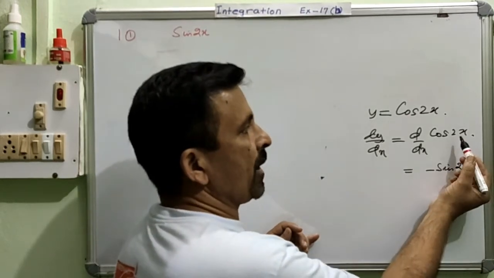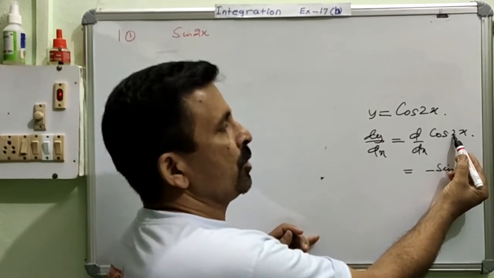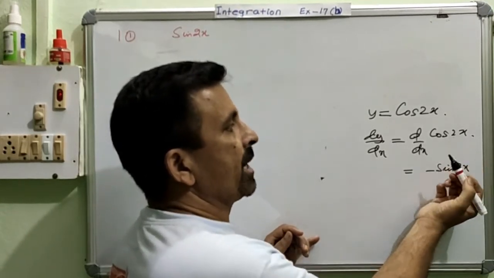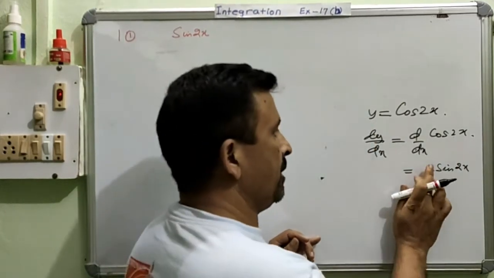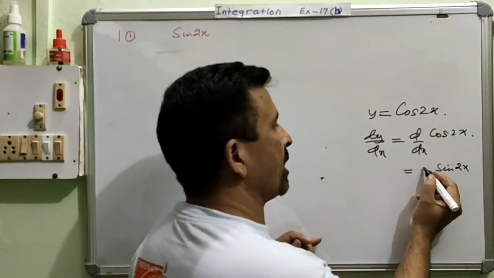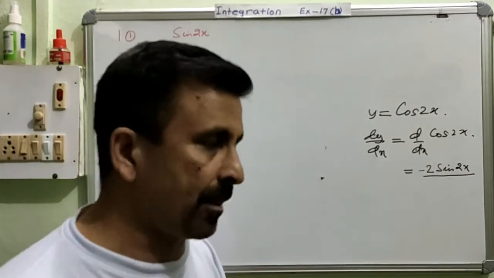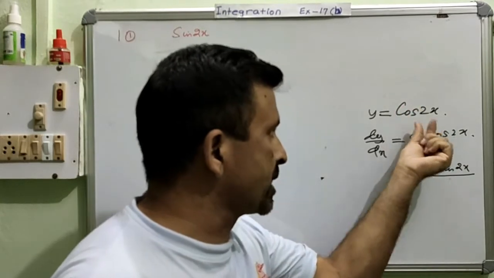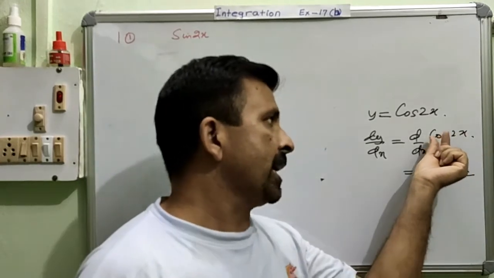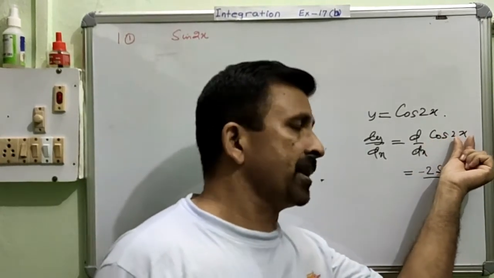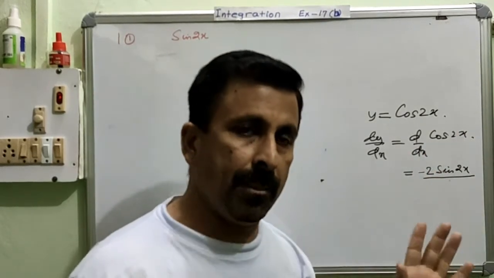And now we are going to find the derivative of the angle 2x. The 2 is a constant multiplied with a variable, so the 2 will remain as it is, and then only we will find the derivative of x. The derivative of x will always be 1. So from here we will get only 2, so minus 2 sin 2x becomes your answer. What we need to remember is that when you are differentiating a given function, you differentiate the trigonometric part and then you differentiate the angle part. And after differentiating the trigonometric part, when you differentiate the angle, that angle comes as a product. Am I very clear?